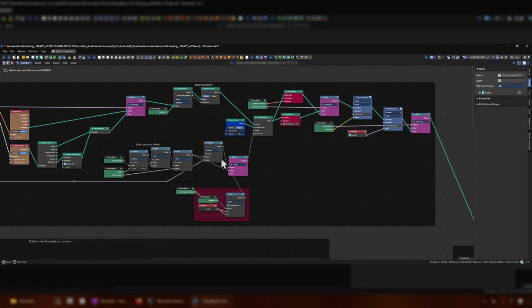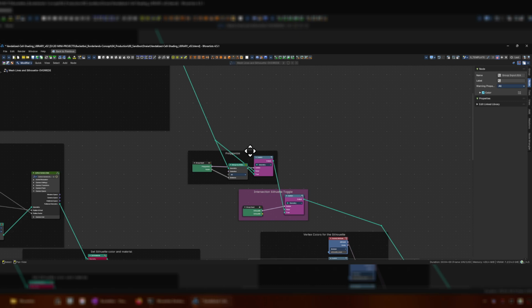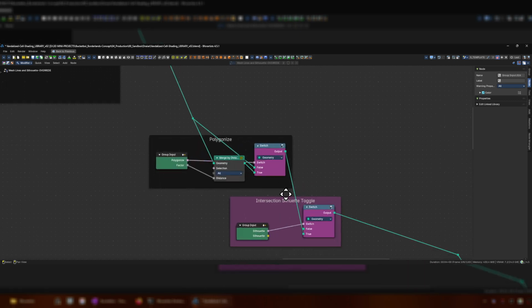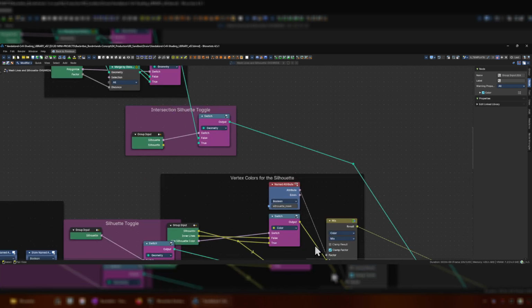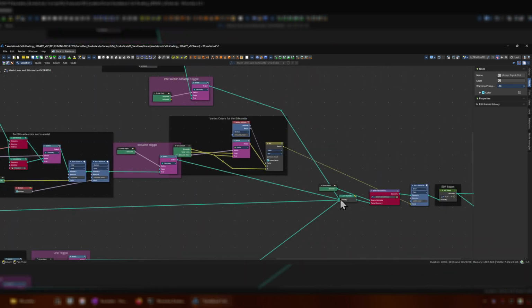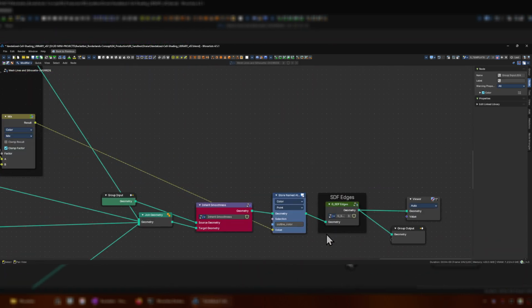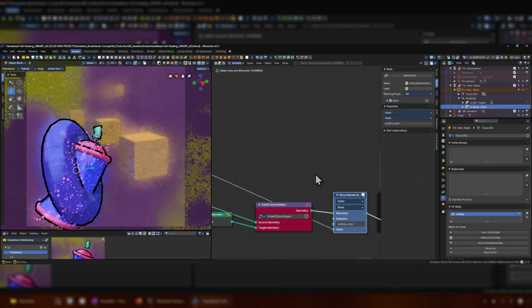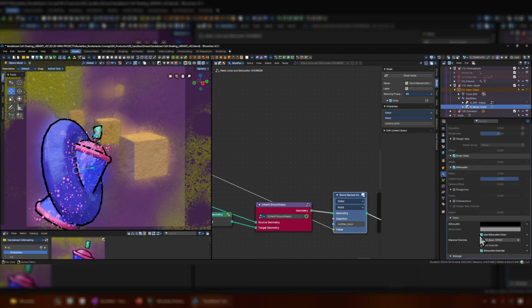There's an intersection system if you want the silhouette to intersect with the mesh. It's not performant, so it's off by default. The polygonization system, which is a measure by distance basically. You can add animation to this or not, and then it stores the colors in here, so you can paint the edges as well, I think. Or it has a color override, but right now we're using material overrides,